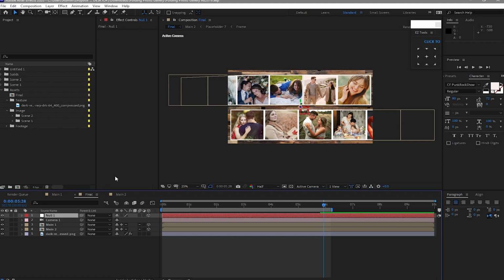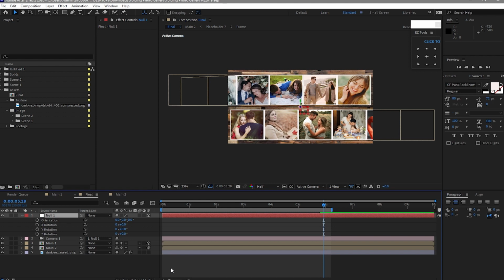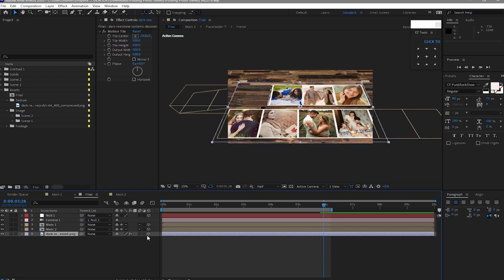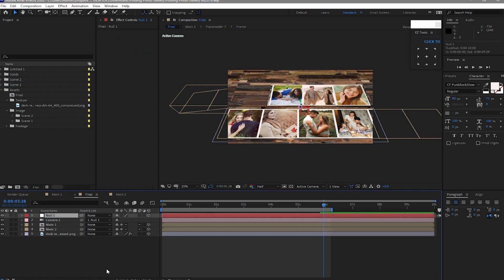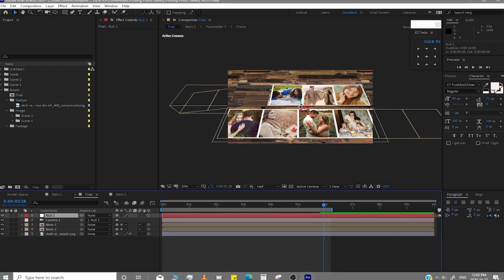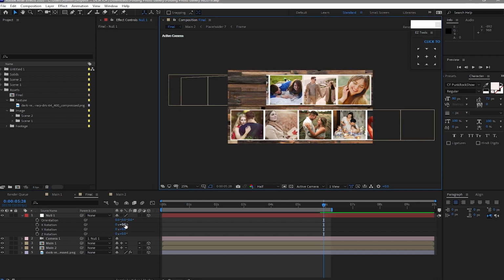I will make sure that this null object is a 3D layer by pressing this icon in here, and then parent the camera to the null object, and then open the null object by pressing R for the rotation, and then I will change the X value. Make sure also that the texture is a 3D layer so that you can move it using the null object. So press the R for rotation. So I will change the X rotation to about this,